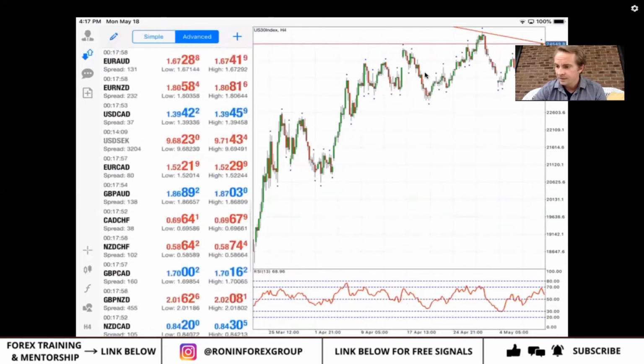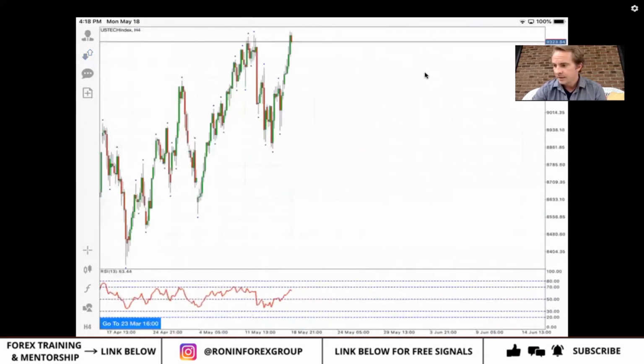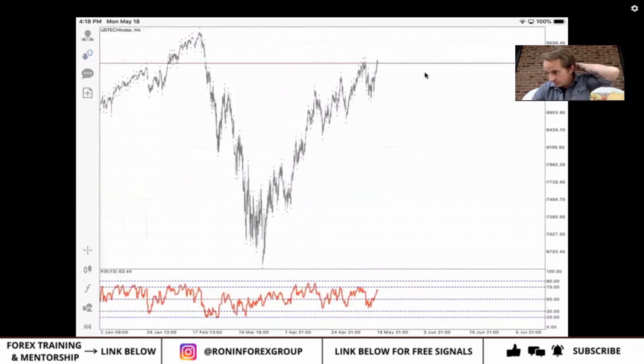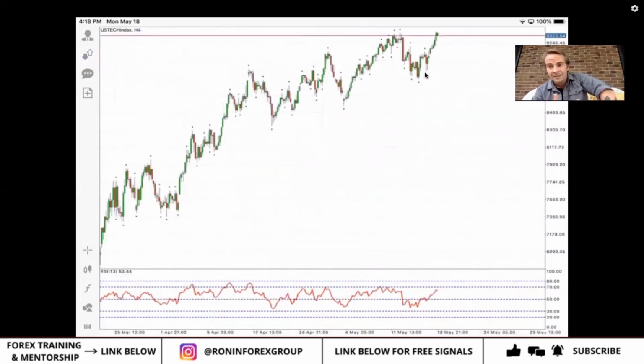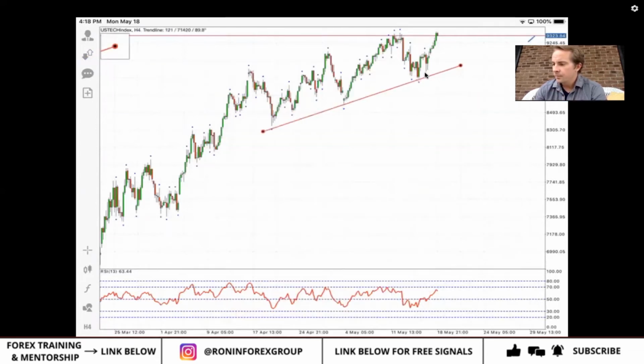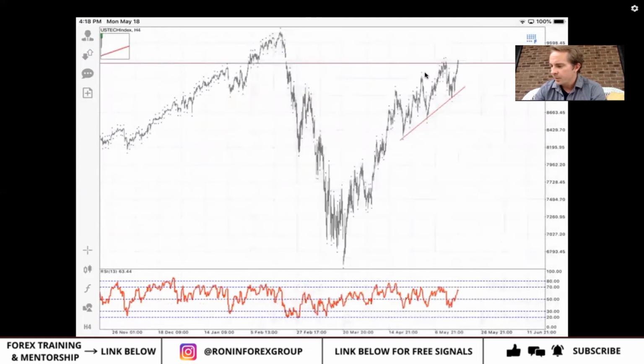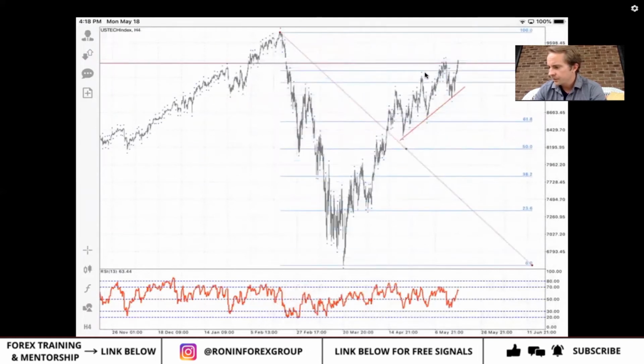And so because of these massive rallies here in the indices and equity markets, NASDAQ looked even more bullish here. This created some massive strength for AUD, but really more than anything, JPY yen weakness. So it's going to be interesting to see where we go from here. NASDAQ looks very interesting.